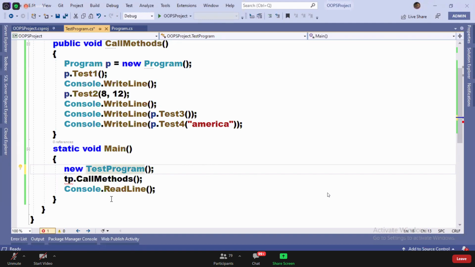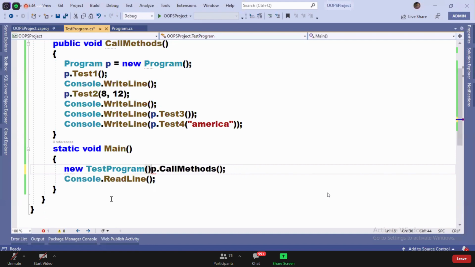When the instance doesn't have a name, I cannot call a method on it. Am I correct? I can call it like this, guys. Did you understand? Execute it.